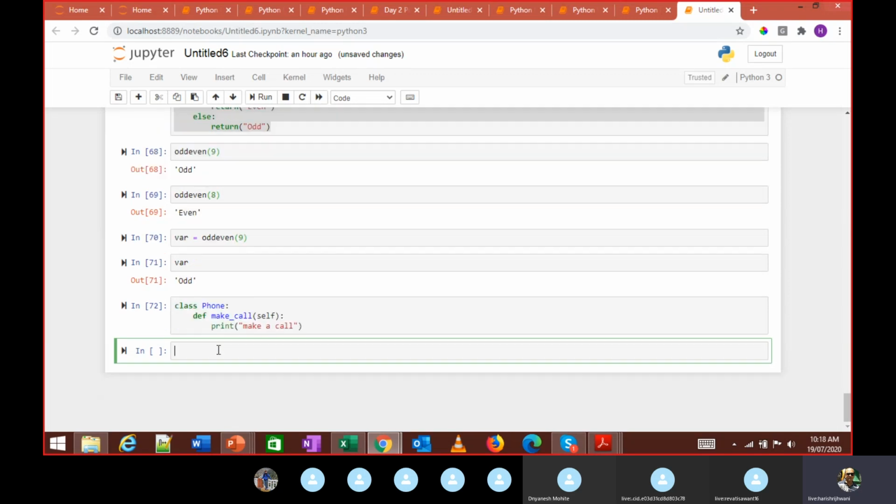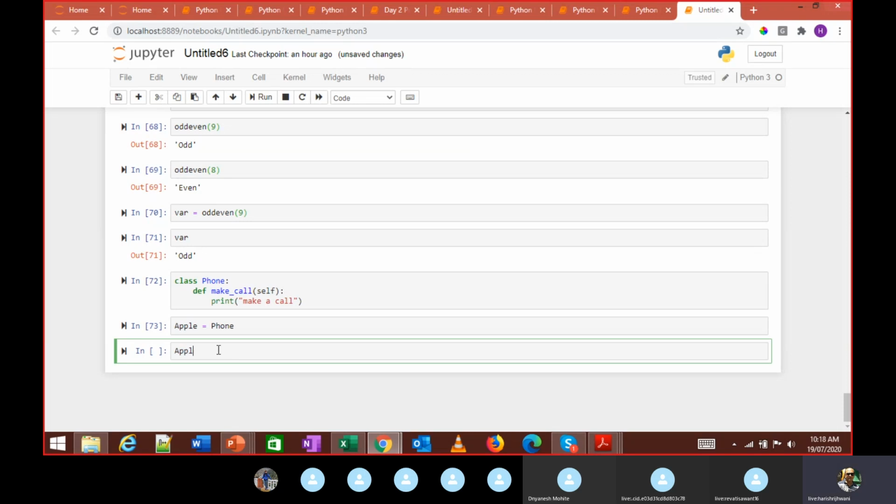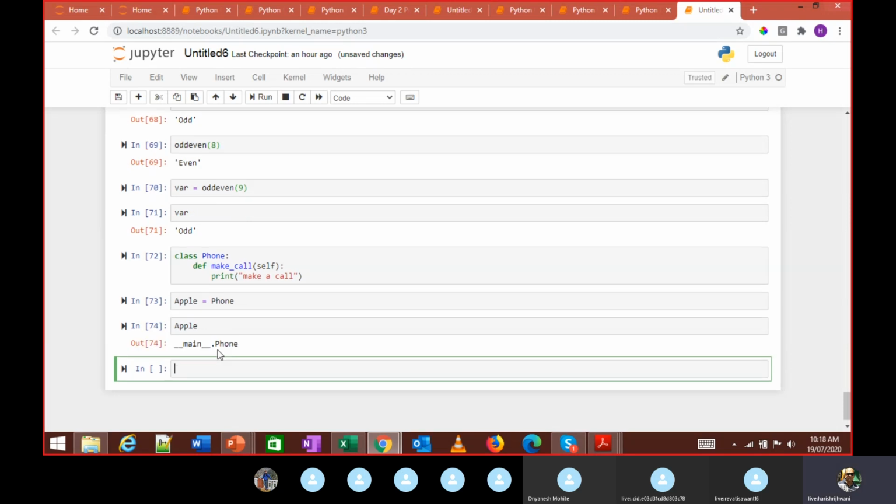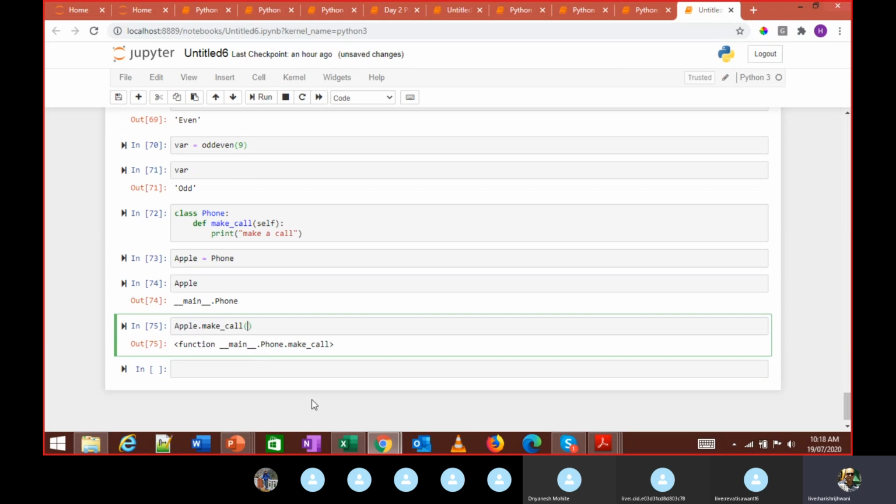This is a class I have defined. How do I assign this class? I need to assign this as a variable, so let's say apple is equal to Phone. Now if I type apple dot, I can do this make call. If I call this with the bracket,